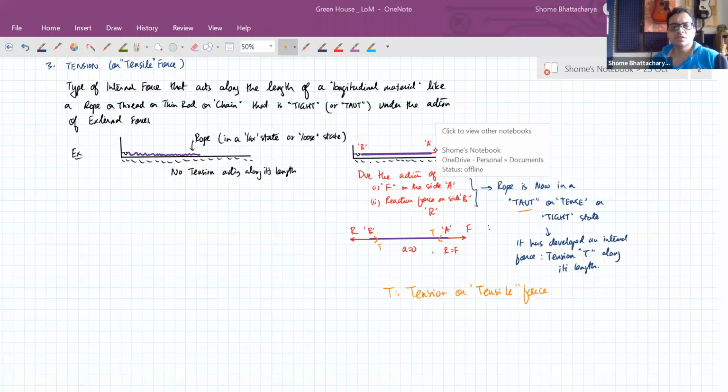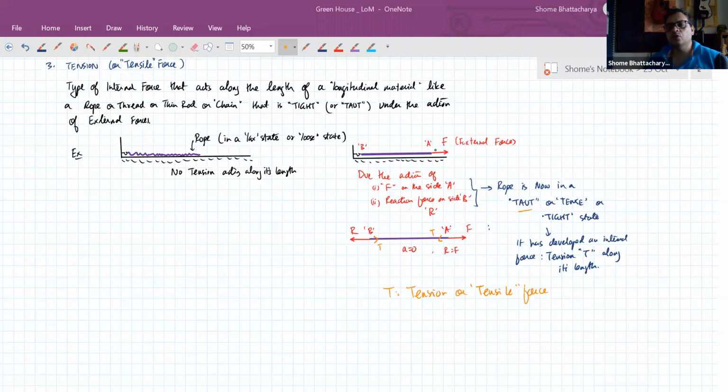So now, instead of the rope, suppose there had been a thin rod like a plastic rod or a wooden rod, and you were pulling that also from one end. So again your hand would experience a backward force, equal and opposite. So we know that the rod would have that tension. Similarly, where the rod or the rope or whatever is attached to the hook over here, you can see that hook will experience a force. If you apply too much force and the hook is not able to withstand it, it can even get pulled out of the wall, if the attachment is not strong enough. So there's plenty of physical evidence that there is such a force. Now we know that there is such a force. It's only the name given to this force is tension.